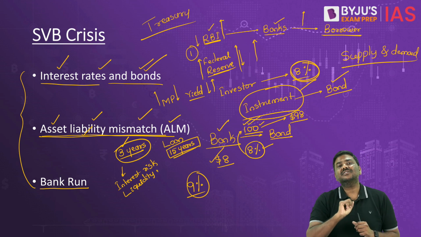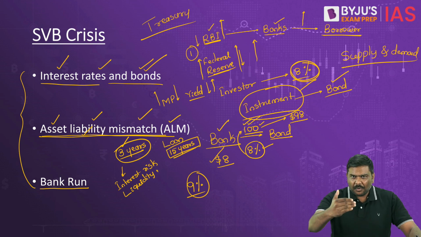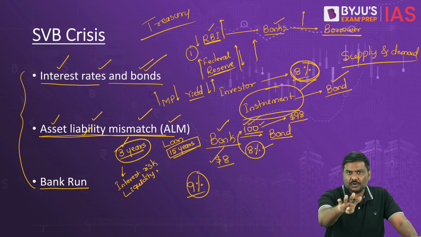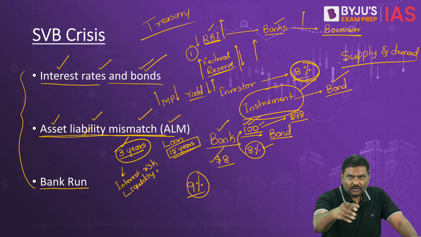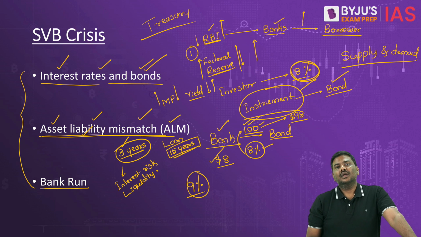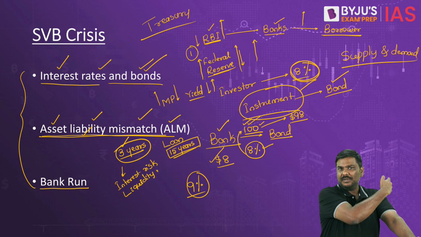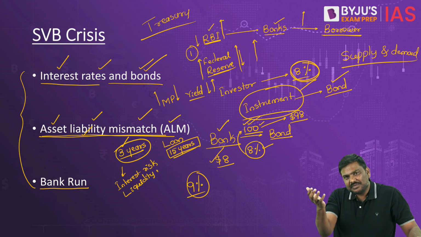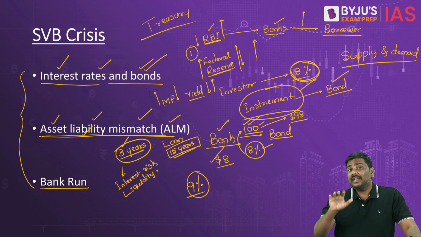The second one is interest risk. What is this interest risk? Imagine you have kept the deposit with the bank, and right now the deposit rate, that is the rate of interest on the deposit, is 4%. Which means for the 100 rupees, I will give you 4% interest. Now after 3 years you will come to me. I don't have the 100, I have given it to a businessman, I am yet to recollect it. I will collect a deposit of 100 from some other customer and give that 100 rupees to you. But here is the problem.